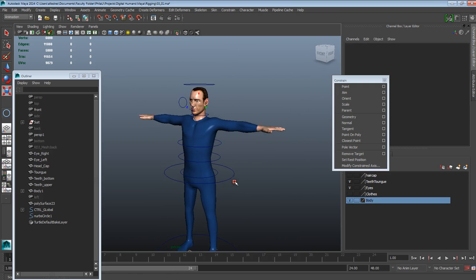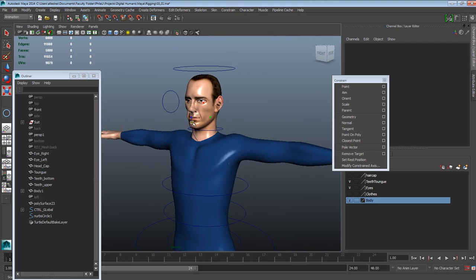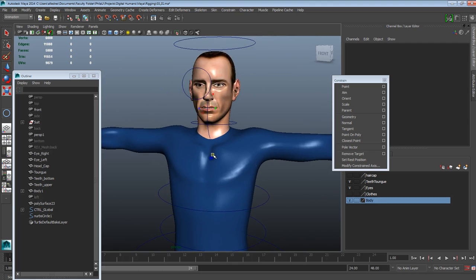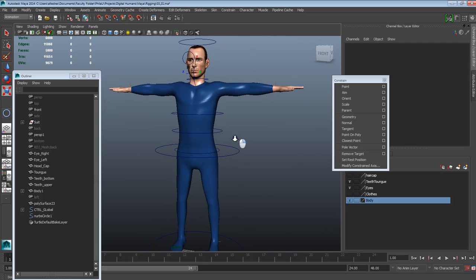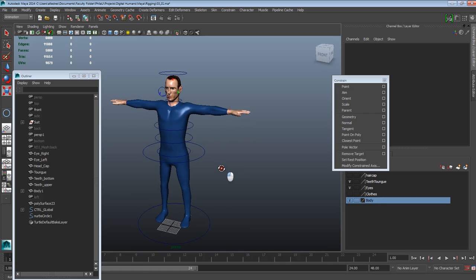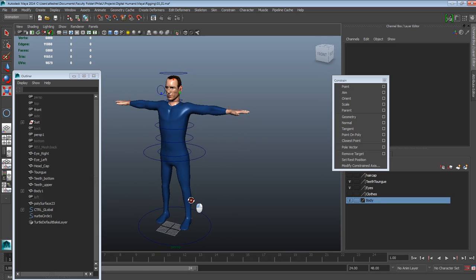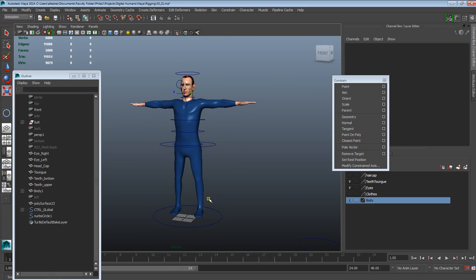Okay. And alright, so this concludes the setup for the global control, and basically we also set up our chest, and we set up our head, and we added a jaw control and eyes. Alright, so in the next video we're going to address how we go about setting controls for our arms. We're going to create a swivel control for our elbows and our knees. Alright, so this concludes